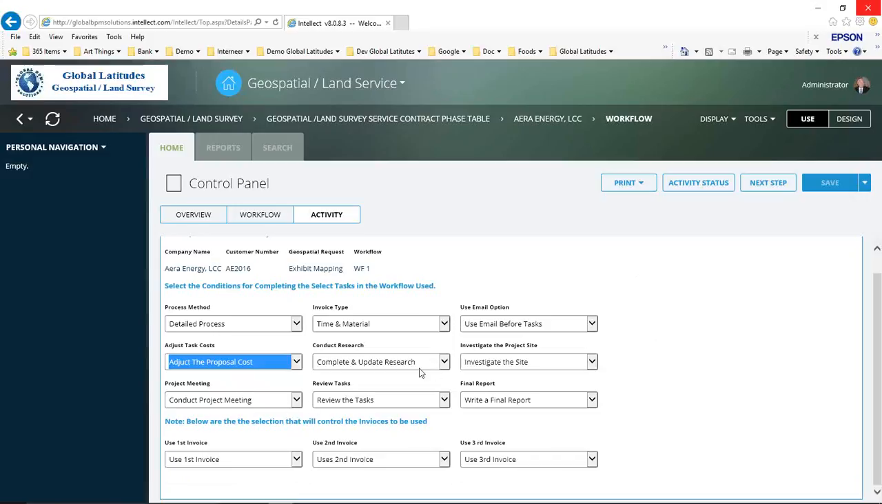Completely update the research that gives you that opportunity, and it's controlled in the workflow. And investigate the site, you have an option to investigate or not. Some small companies don't want to investigate. Project meeting, whether to hold one or not, some don't think it's necessary. Review the task, yes, you want to review it, and that's to make sure that it's done right. If it's a small company, they will select not to review